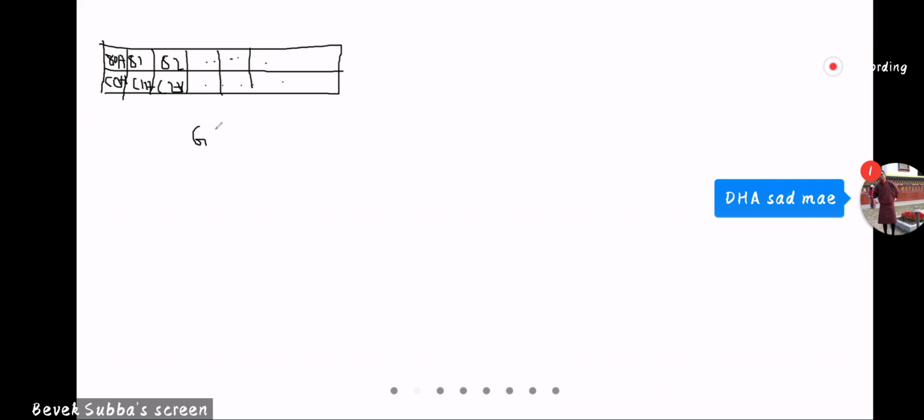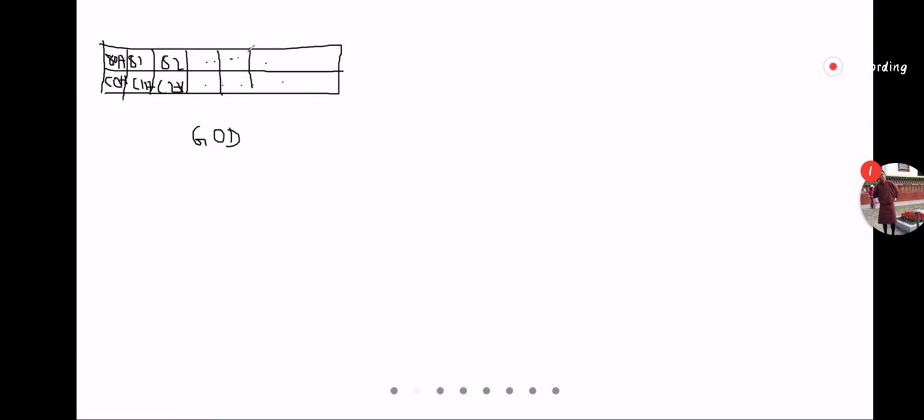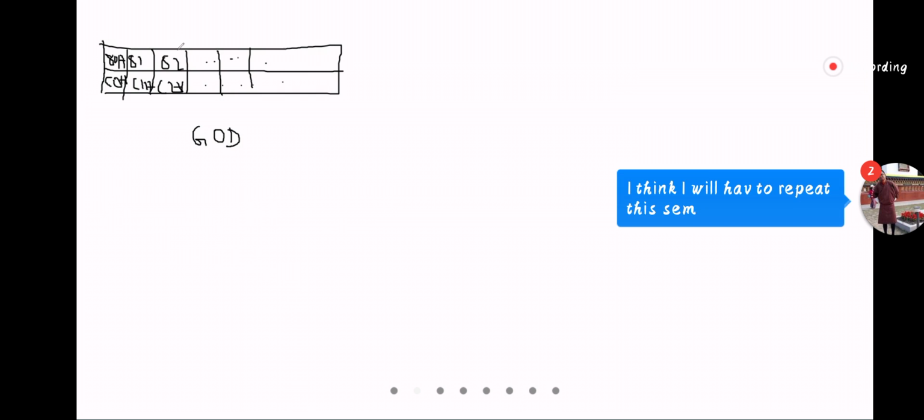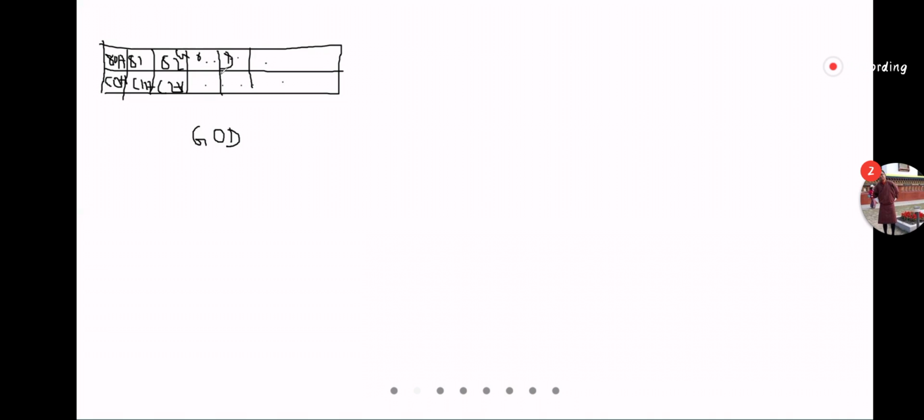Okay, are you getting or not? For example, I want to display G-O-D, God, on the LCD screen, and I want it from the 82 location, not from 80H.